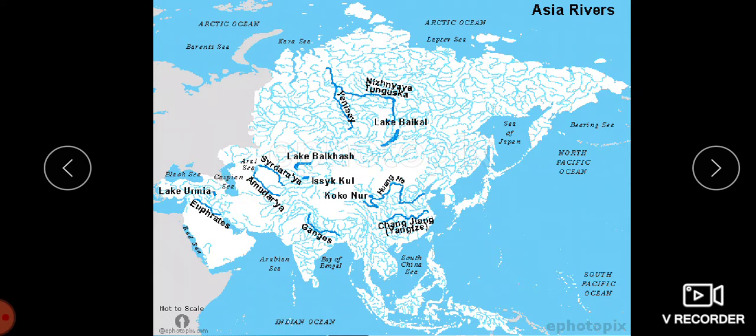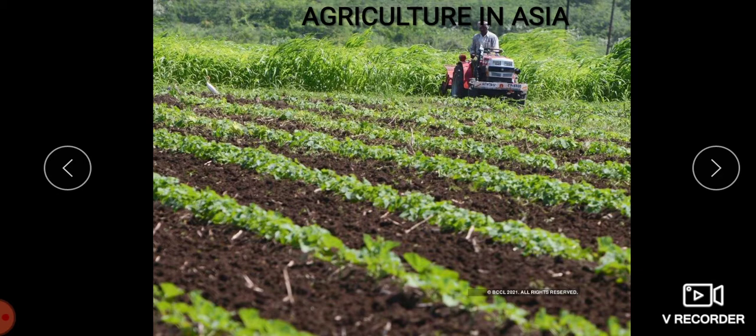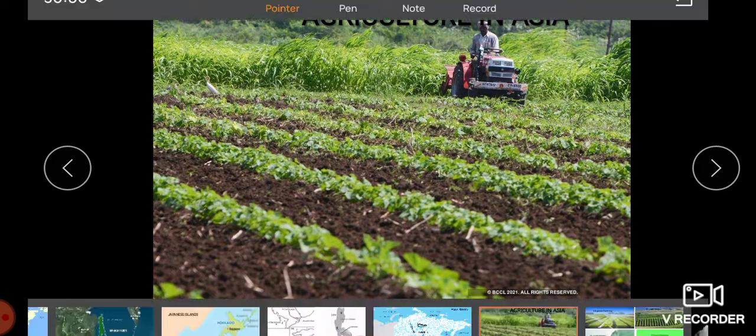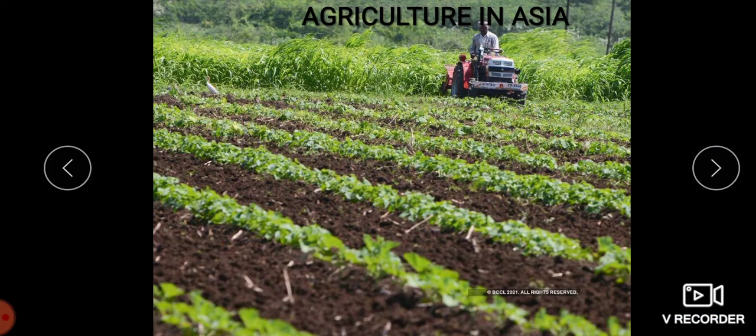Now we will move on to the next topic, that is agriculture in Asia. One of the most important occupations of the Asian people is agriculture. About three-fourths of the people are engaged in agriculture. Agricultural products account for a major share of Asia's exports. There is a very close relationship between the river systems and farming in Asia. Agriculture, children, is largely practiced in river basins except in Siberia because of fertile soil and water